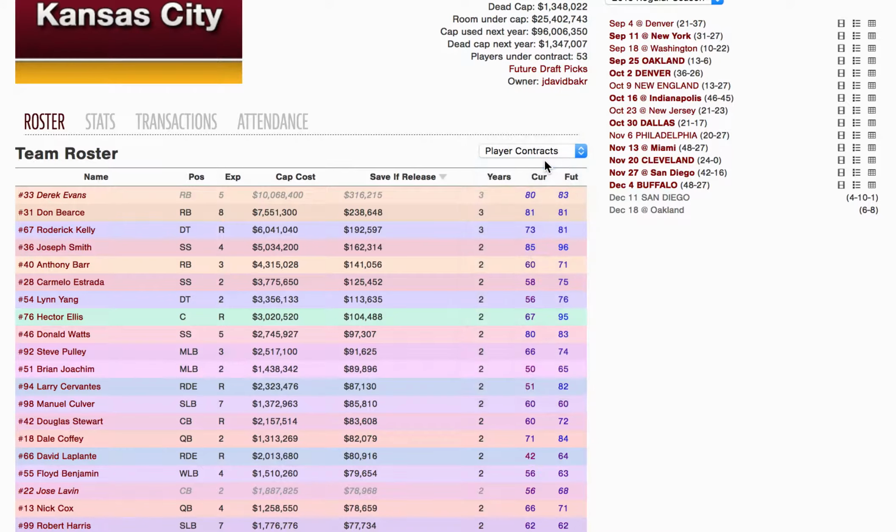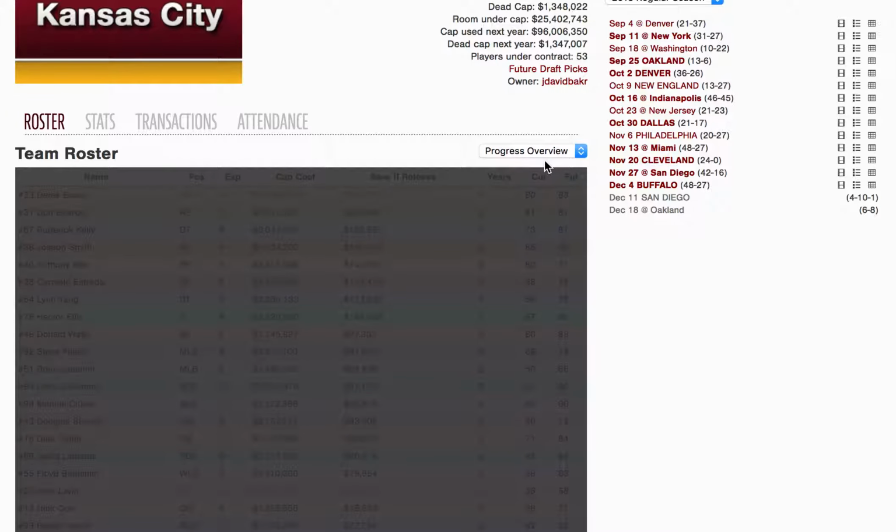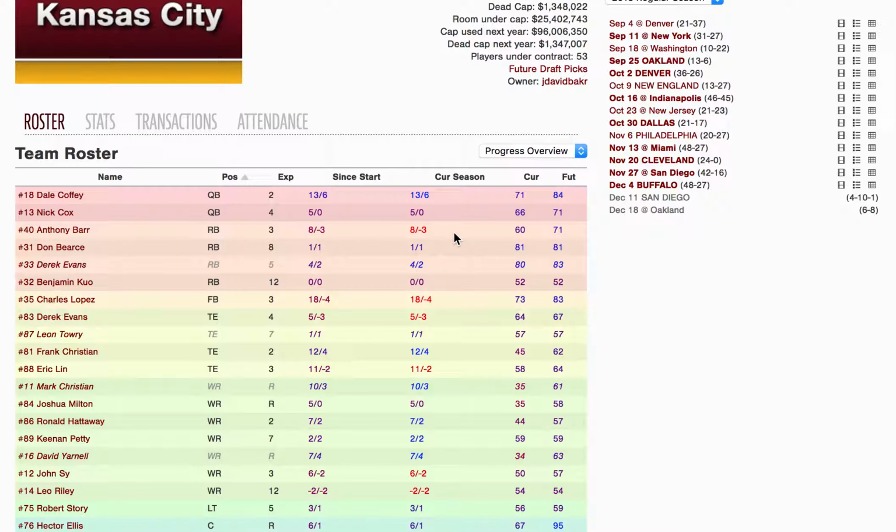We also have his progress overview. I mentioned in the last video how his ratings will go up and down throughout his career, and he'll typically go in pretty much one direction. If he starts his career rising, he will probably continue to rise.